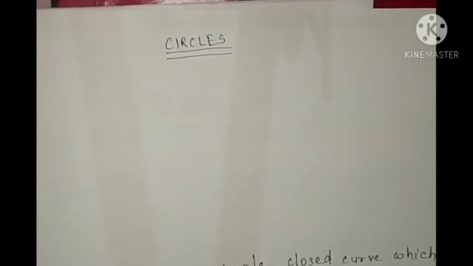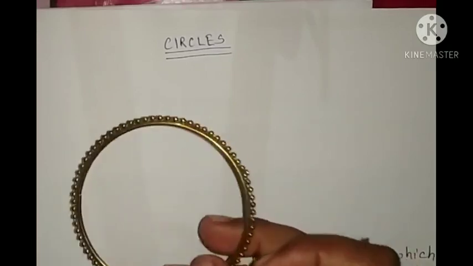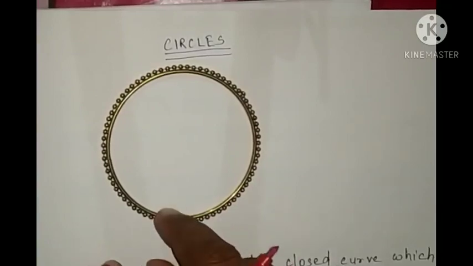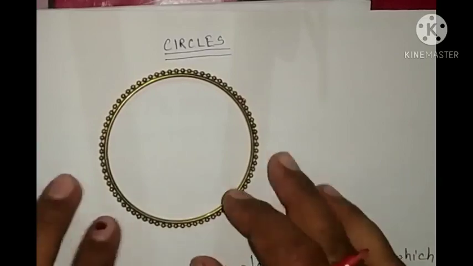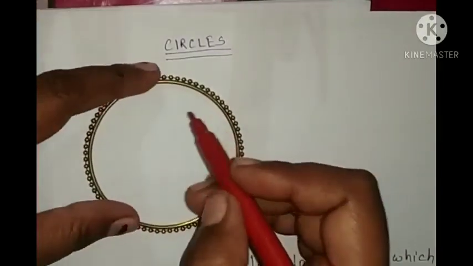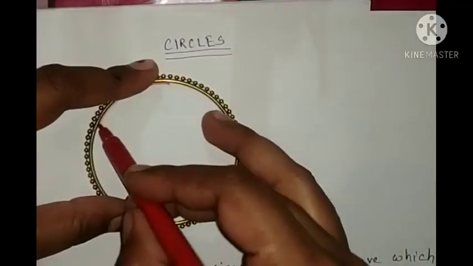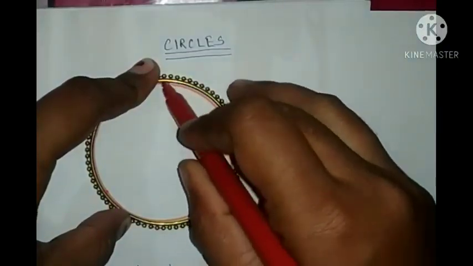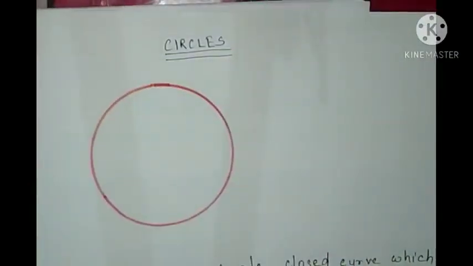So now we'll study about circles. You have seen bangles. Many bangles the girls and moms used to wear, or the boys used to wear the kada. So what shape will we get? I'll keep this and make a shape inside it. Look, what is this shape? This is a circle, a circular shape.